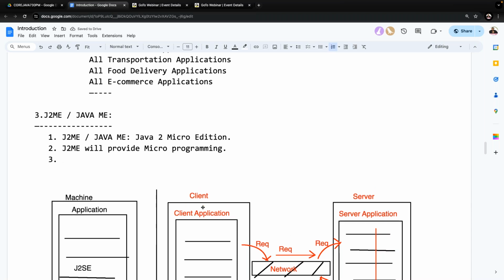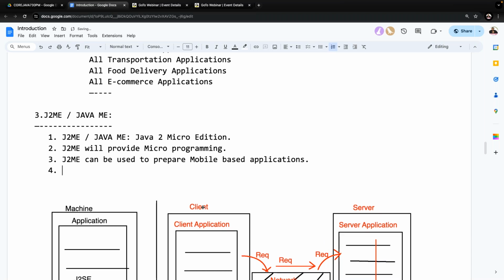By using J2SE, we can prepare standalone applications. By using J2EE, we can prepare enterprise applications or distributed applications. Similarly, J2ME can be used to prepare mobile based applications. If we prepare and execute any application without using client server architecture, without distributing application logic